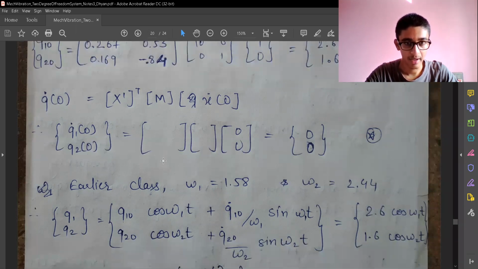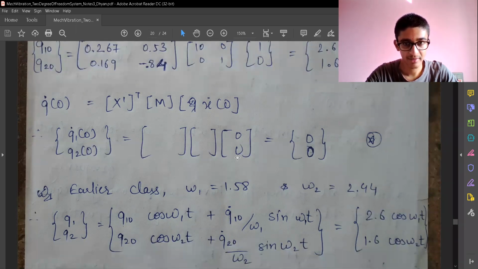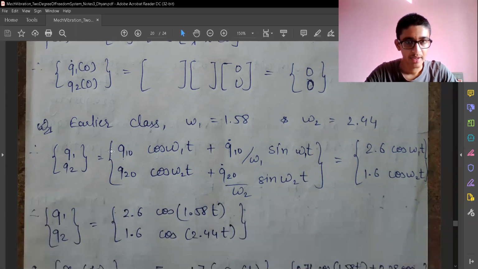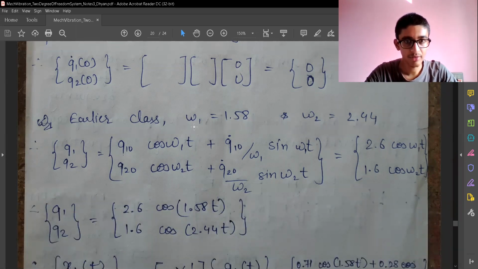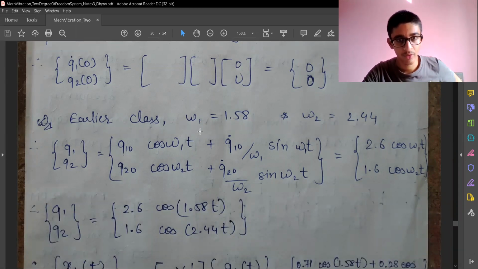And this is very important: since the initial velocity is 0, whatever multiplications I'm going to do, I'm also going to get 0. So you just use your brain and do not go on multiplying all these things. You already know one of the factors is always 0. This is absolutely a 0 vector. So whatever we multiply to it, we are going to get a 0 vector itself. So use some brain.